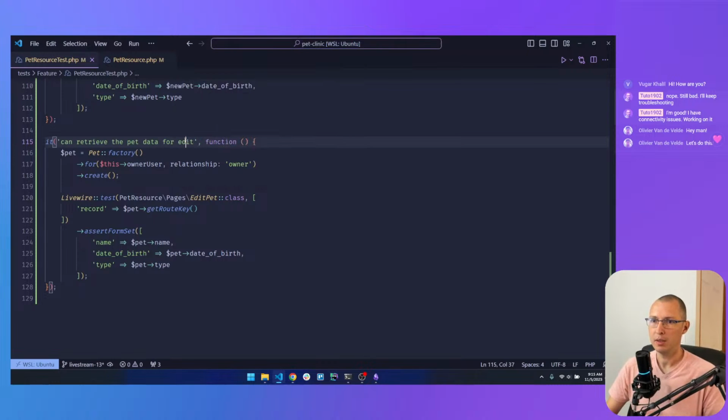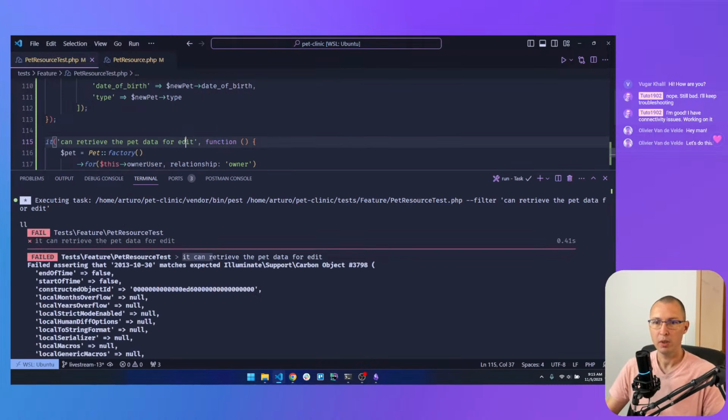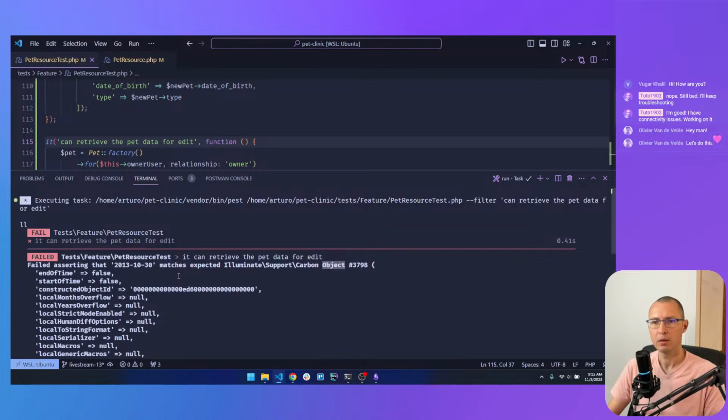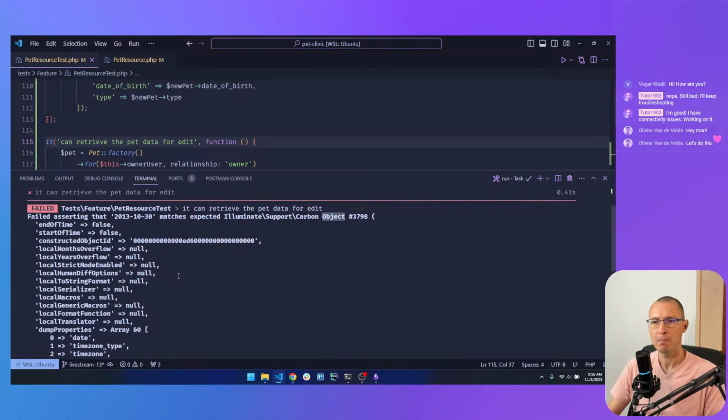Okay, let's test this one. Let's run it, and we have a failure. Fail asserting that matches expected, using a carbon object. So it's failing on the date.